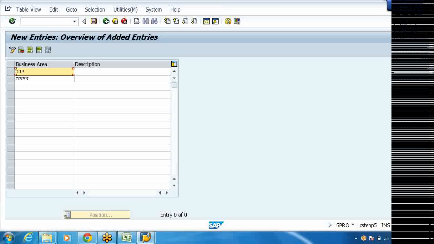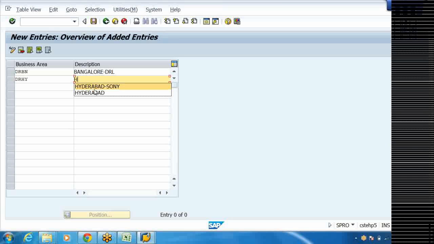So DRBN, that is Dr. Reddy's Labs, Bangalore, because this Bangalore belongs to the Dr. Reddy's Labs group. Similarly, I'm prefixing DR in front of every business area. DRHY I'm defining, Hyderabad. This is because the same client will be used by several people, so for that purpose I'm doing this. And DR Chennai, CH, Chennai. Like this, we can define any number of business areas for your